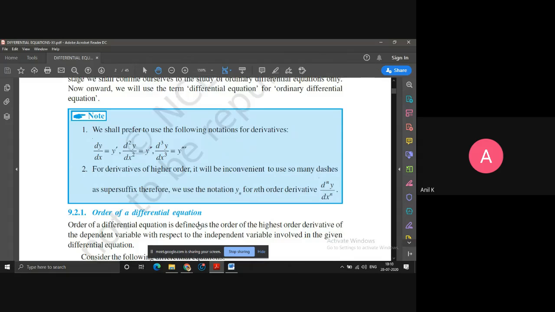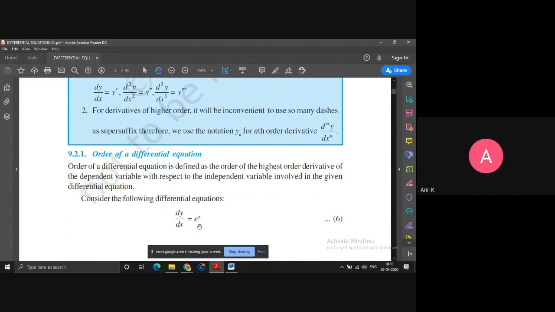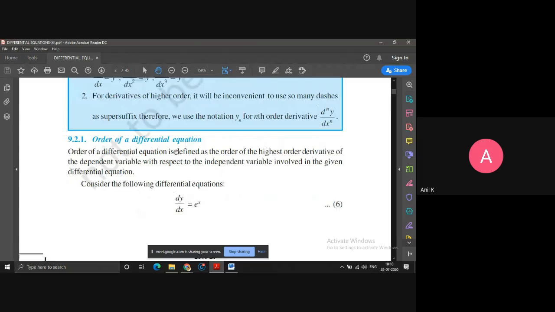Now there are two more words to understand. There will be a 1 mark question on this in the board exam, 99% there will be a question: find the order of a differential equation and the degree of the differential equation. What do you mean by order? How many times you are differentiating the function?